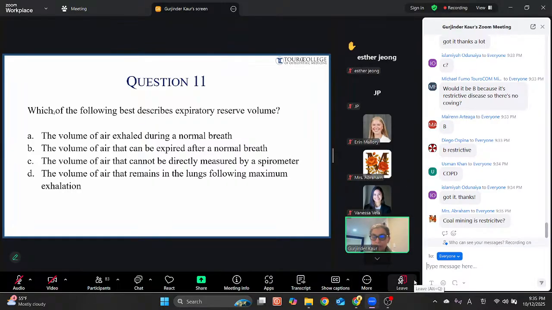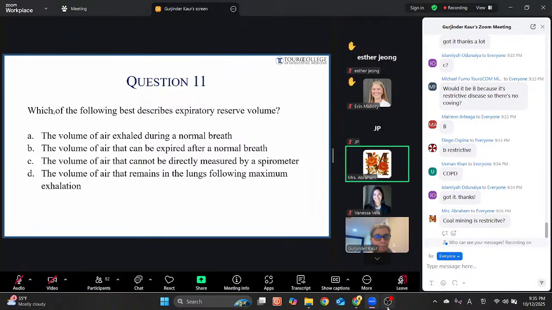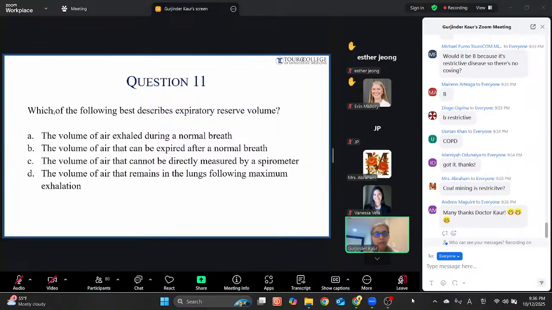Yes, coal mining is not restrictive. It's the fibrosis that is called restrictive disease. Is that the same with asbestos as well? Because I couldn't hear. Say it again. Is that the same with asbestos? Yes, yes. Sorry about that. Silica, coal, any particles or any residue that will stay and that can start the